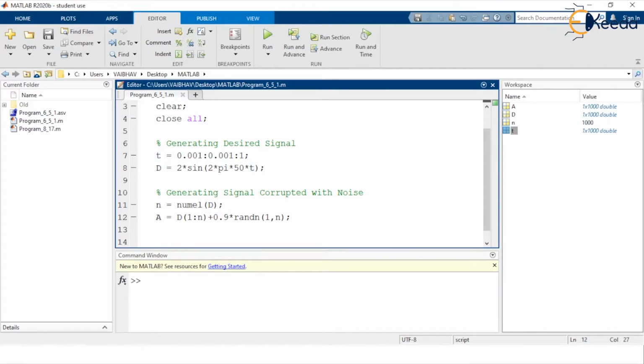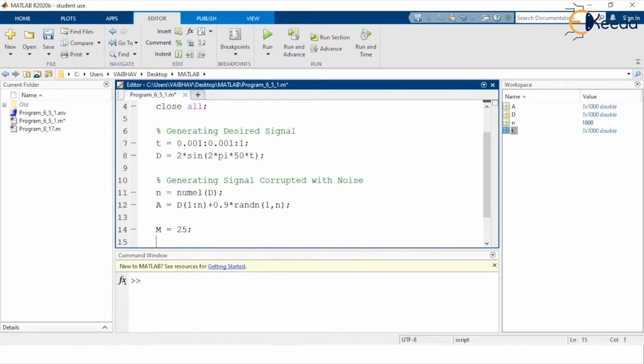Now we have to implement the LMS algorithm structure. As we have seen the mathematical details of the LMS algorithm in the previous video, in concern to that, we require a variable capital M. For example, it is holding the value 25 here.